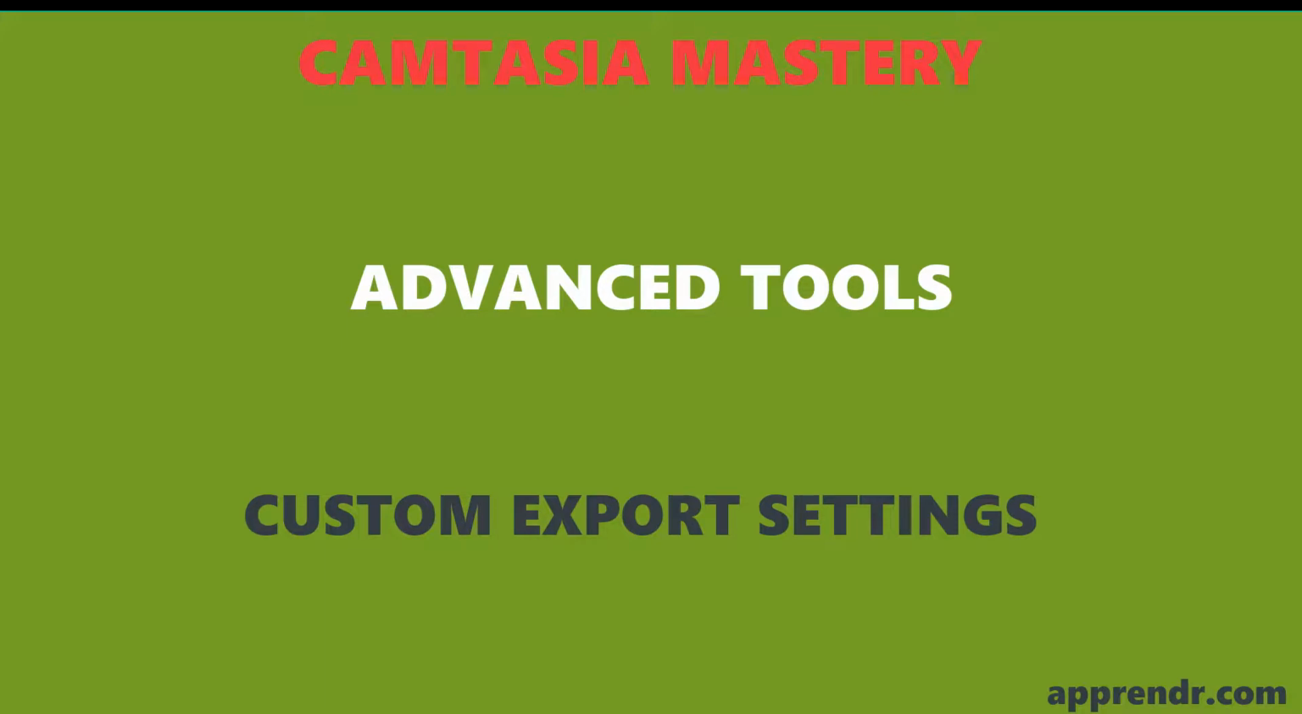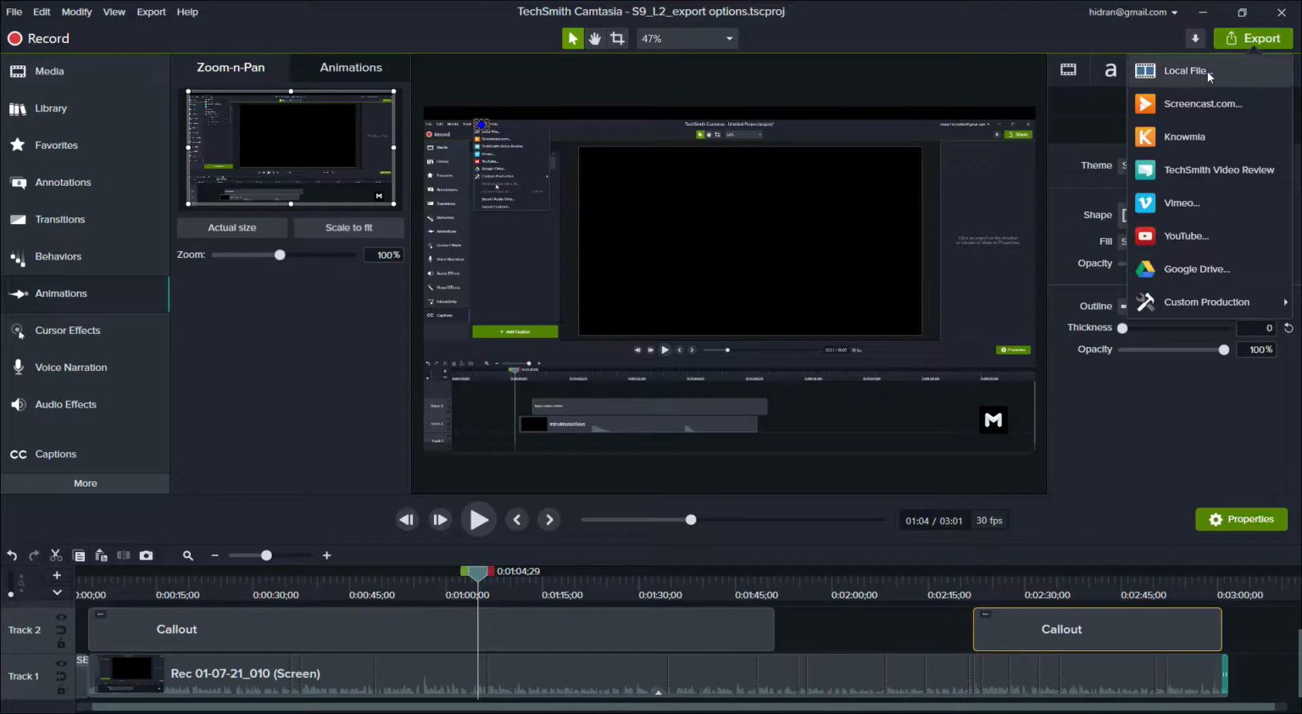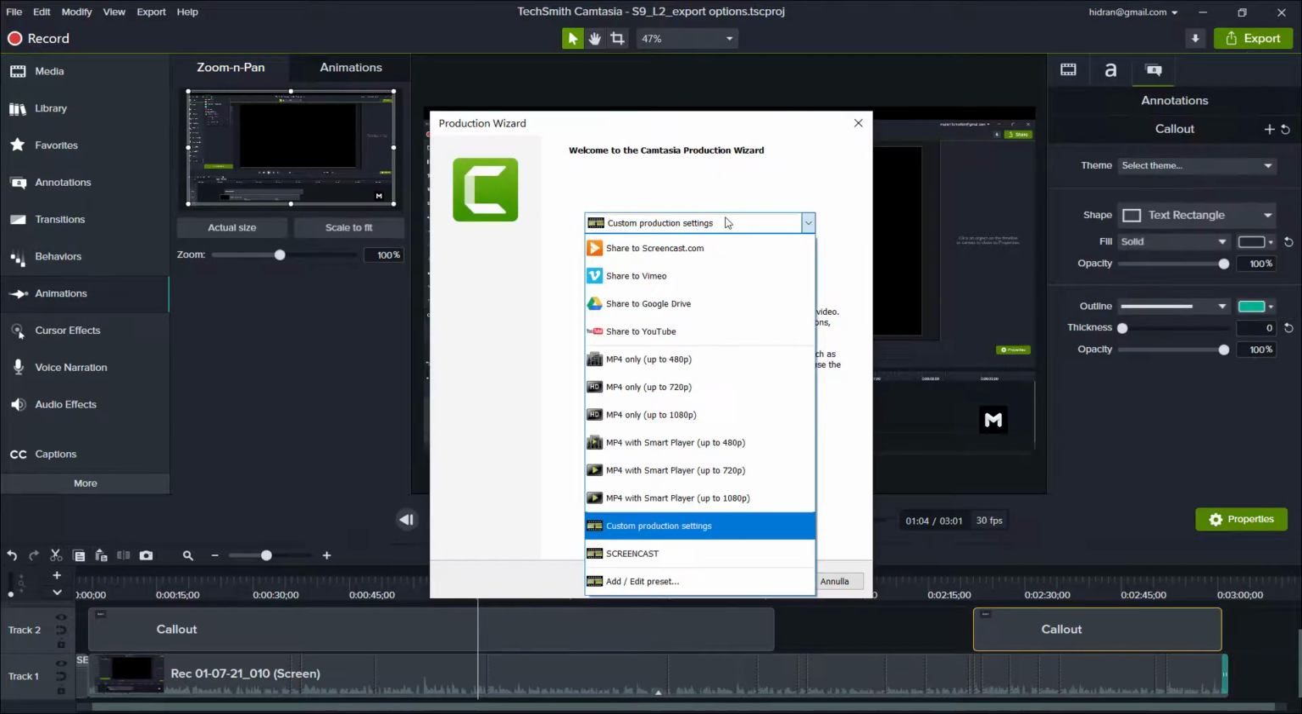In the previous lesson, we saw all the options that we have here to export. By clicking local file, we can see all the options that we have here. We have the possibility to export the video to Screencast, to Vimeo if you have an account, to Google Drive and YouTube. For any one of them, you have to have an account so that you can export your video